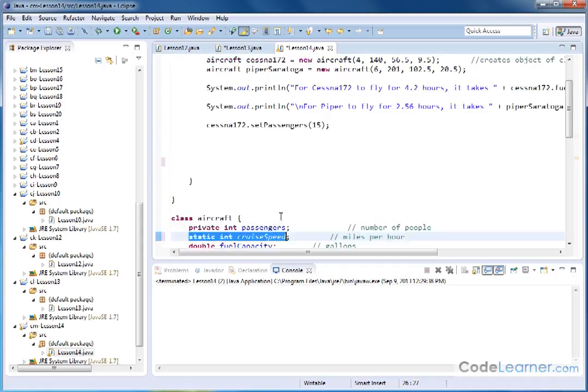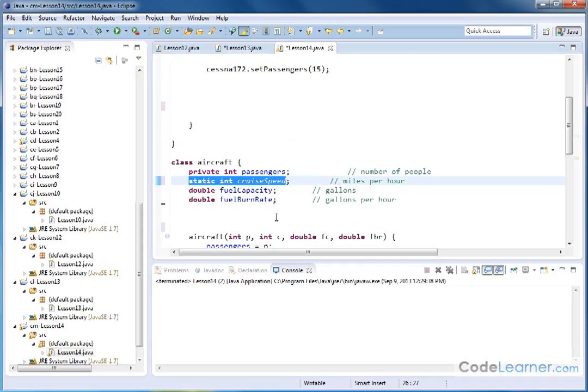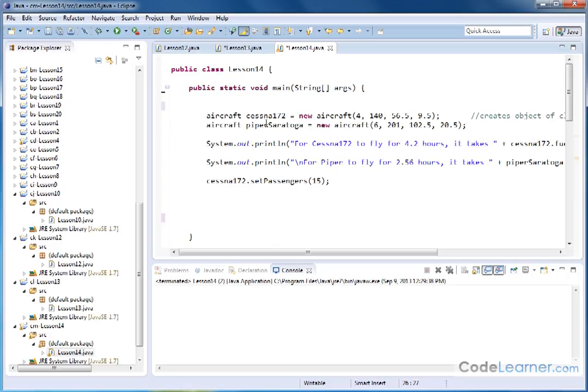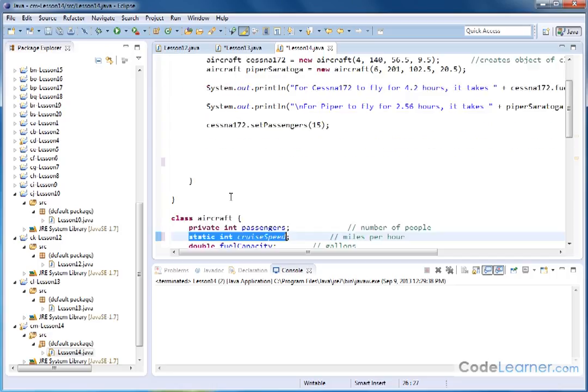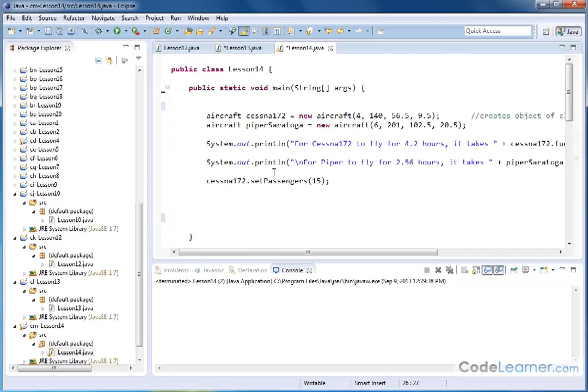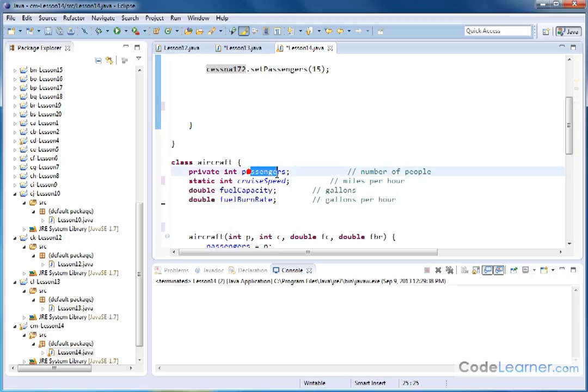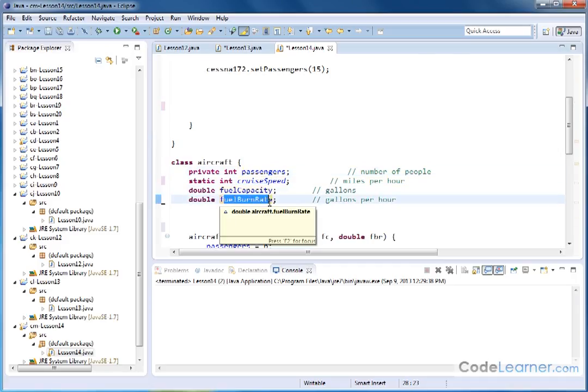object. So that's really, really weird when you think about it for a second, because we kept saying that all these member variables are part of the class, and when we create a new aircraft object, then the Cessna 172 has a passengers variable, cruise speed variable, fuel capacity variable, and a burn rate variable. So now I'm telling you, if you tag it as static, then this variable is something that can be interfaced with and used even before you create